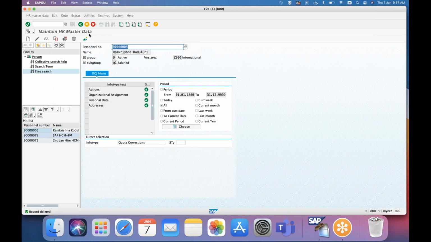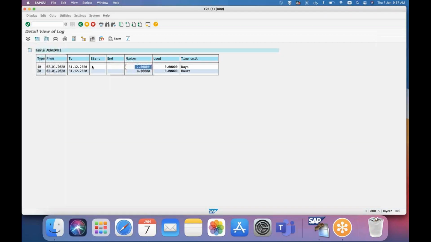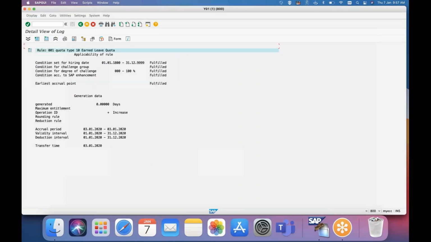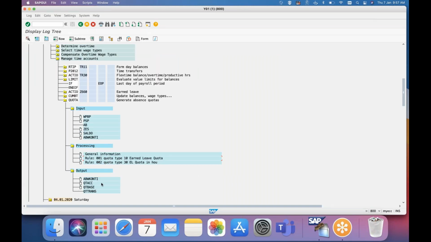Yeah, obviously. So in the log, if you click on this there is no number, and after this you are getting the number, it means it is from 2013 itself. There is no other way the system will generate the quota.